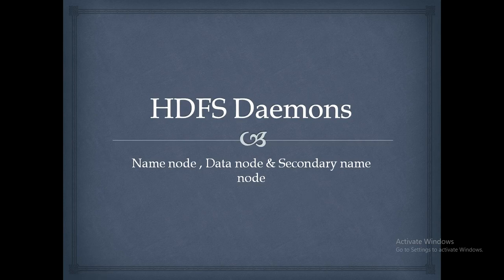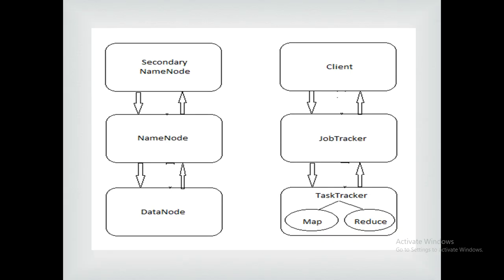Today we will be seeing a new concept, that is the components of the HDFS. In the previous video we have shown what is HDFS, what is the architecture of HDFS, and what are the basic components that were present in the HDFS architecture. So there were a name node, data node, secondary name node, rack, and multiple things. So in this session we will see what is name node, what is data node, and what is the secondary name node. So these are the three components that are mainly related to the HDFS architecture.